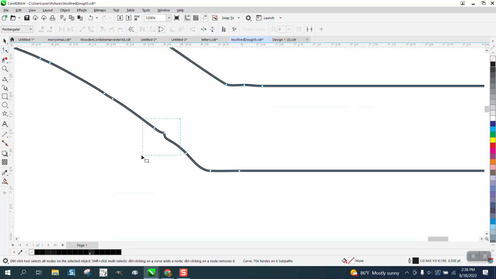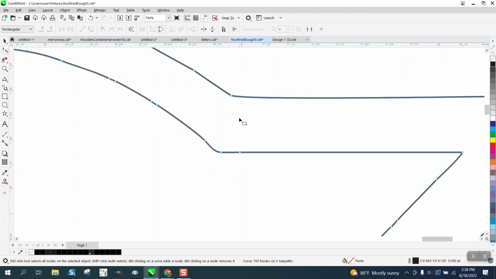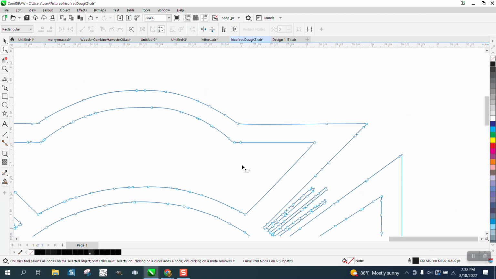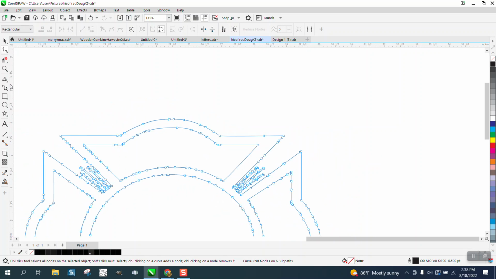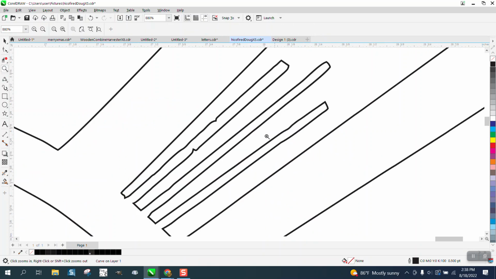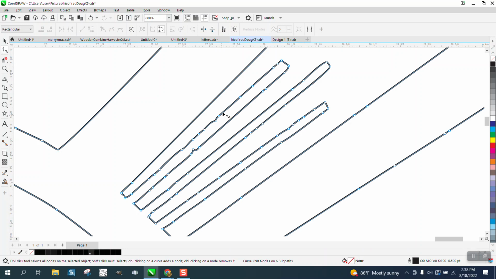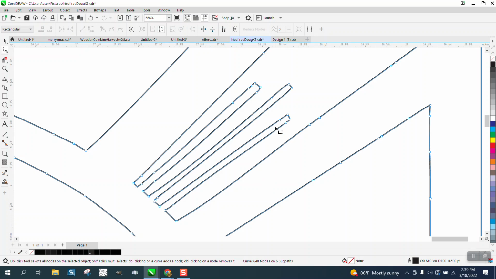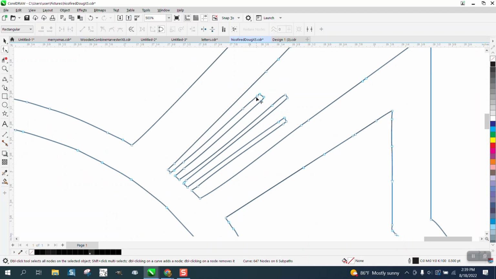It's not bad. I'd take out those nodes, maybe take out those nodes, and look at it, maybe straighten up some of these lines. But they can do that themselves. There's an awful lot of nodes on these. You can just see it. And this would be a good one to just redraw. If you took out all these nodes on all of them, and then take out the other ones,